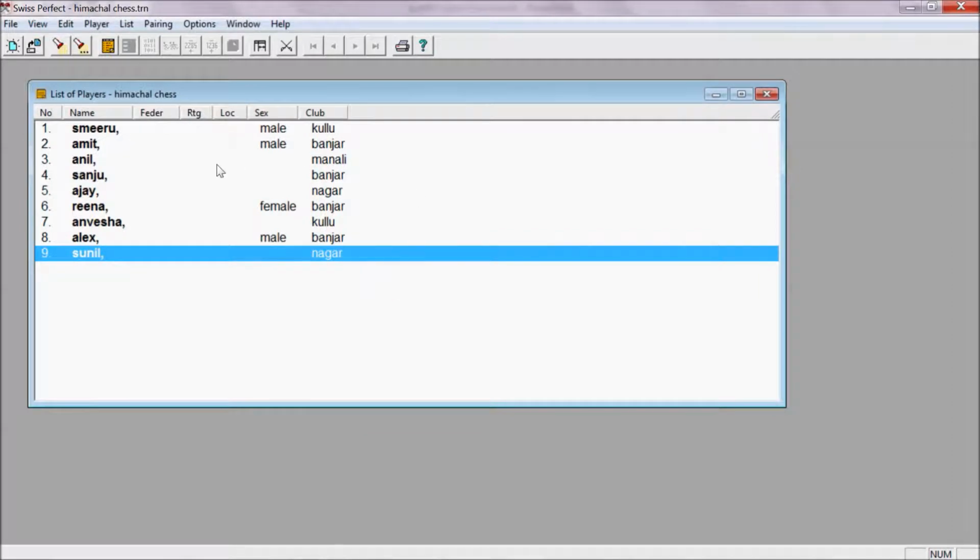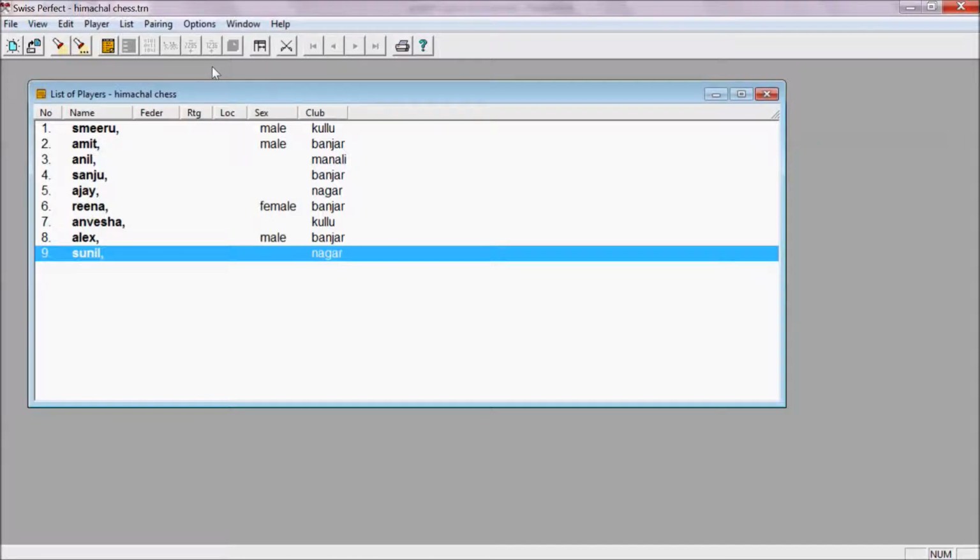So the next step is pairing, how they will get paired. This button is the pairing button. Now I will first explain all the buttons which are given here so that it is easier for you to use this software. This button is basically the pairing button. It is the auto pairing button.